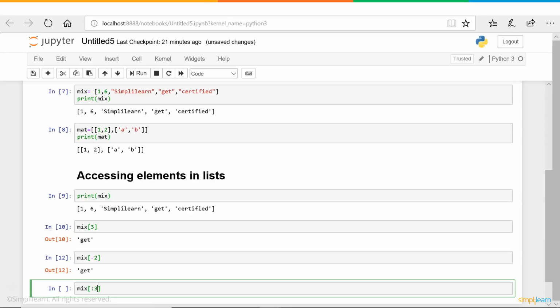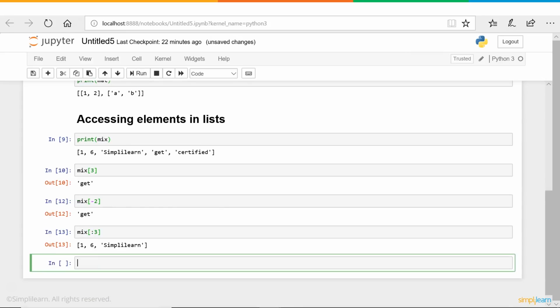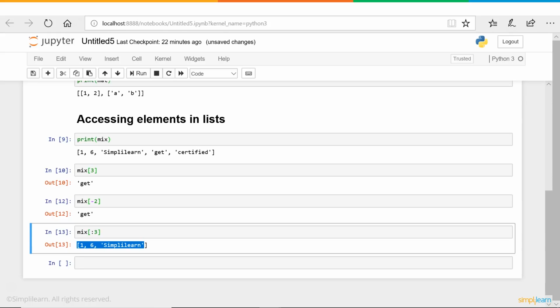Also, we know that our third element would be at the index position 2. But here we have written index position 3. This is because our last index position is always excluded. So if you give 2 instead of 3, then the only elements that would be extracted would be the ones at the 0th and 1st position. Since we want the element at the second position too, we give the ending index as 3. So let's print this, and we received our first 3 elements of the list mix, which are 1, 6 and